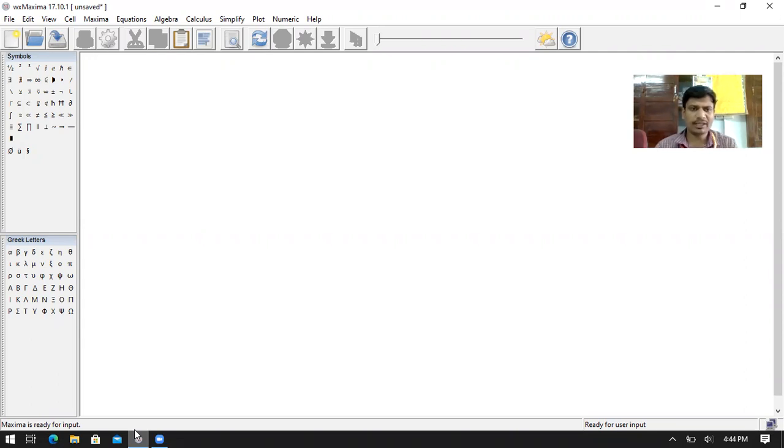First, enter the given function, then specify the value of n, which means you find the nth derivative. Next, find the nth derivative of f of x, the function of x, with respect to x. The key command is f of x, then colon, equal to some value, here minus 4x, and diff of f of x comma x comma n.